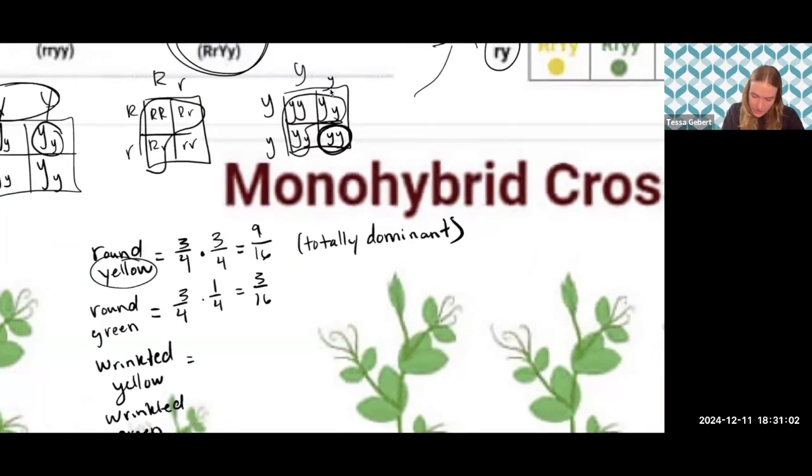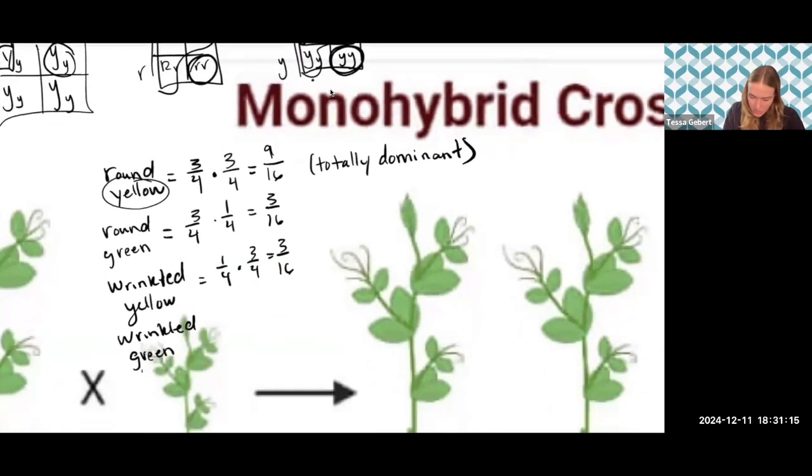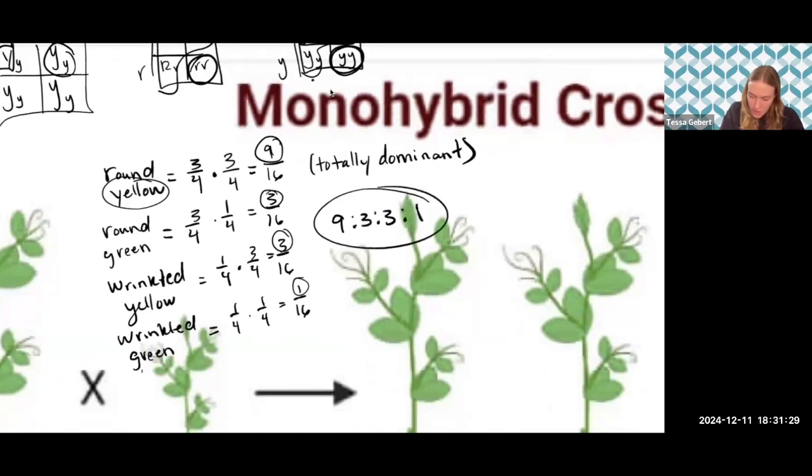The wrinkled yellow is, well, the wrinkled is 1 out of 4, but the yellow is 3 out of 4. So that's also 3 out of 16. And then wrinkled and green is 1 out of 4 times 1 out of 4, which is 1 out of 16. So this ratio, 9 to 3 to 3 to 1, is a very famous ratio that you should commit to memory. This is the ratio for crossing two